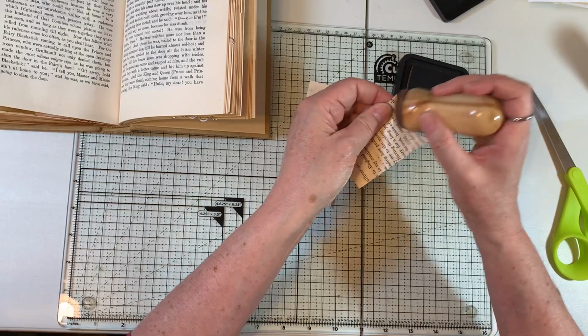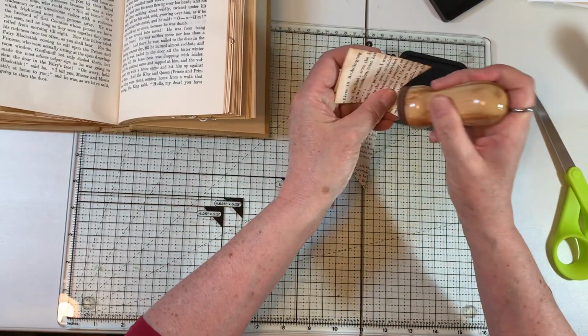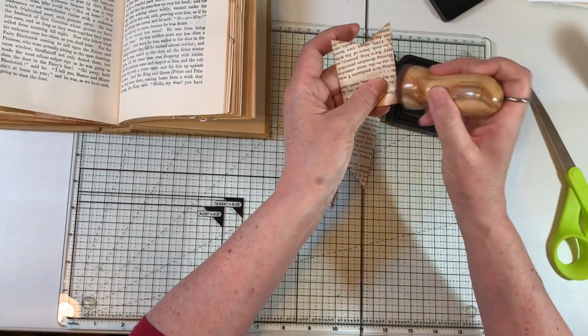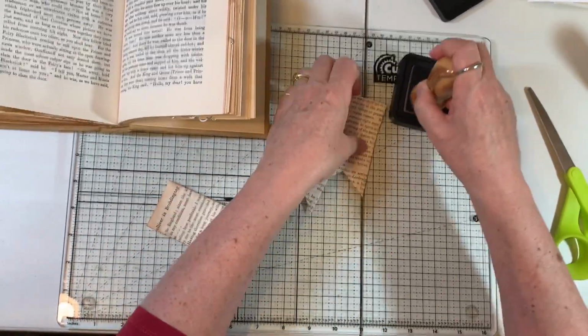Yeah. So anyway, there you go. Just be careful what you buy, because I bumbled right into it. Oh, so anyway,